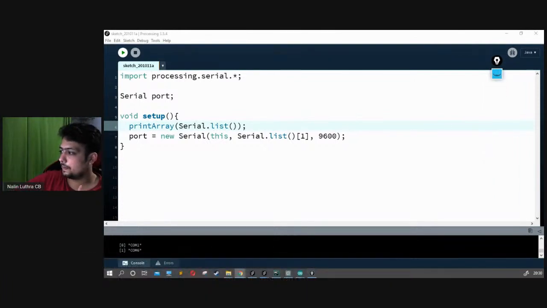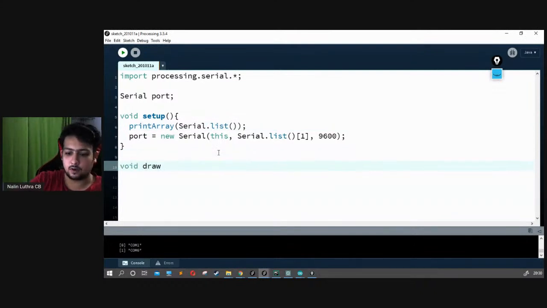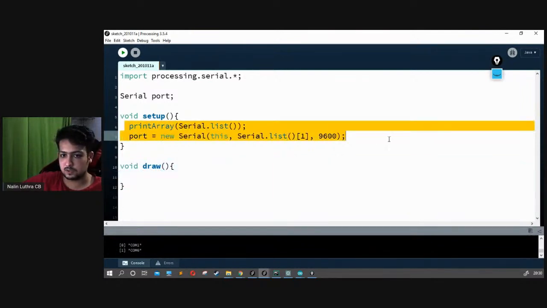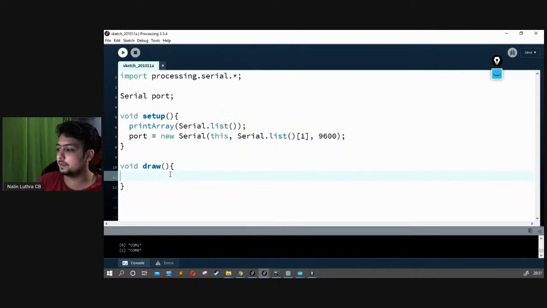So let's move forward now. Let's say void draw. The setup part we run only once. Now something over here we need to run multiple times. So we say over here, if